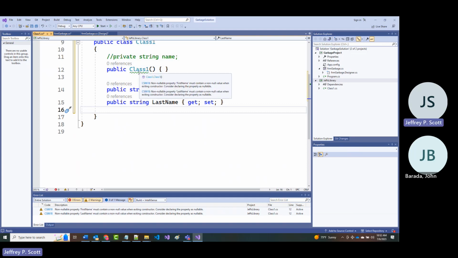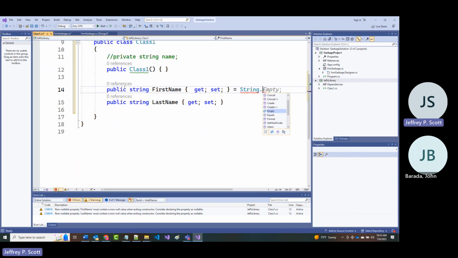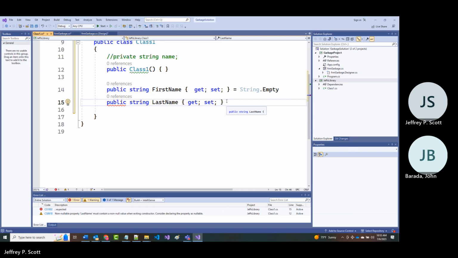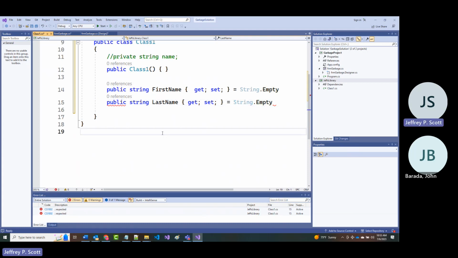Now it says non-nullable property must contain a non-null value when exiting constructor. All right, we can say in here equals string dot empty. And I think if we do it for the other one, all right.